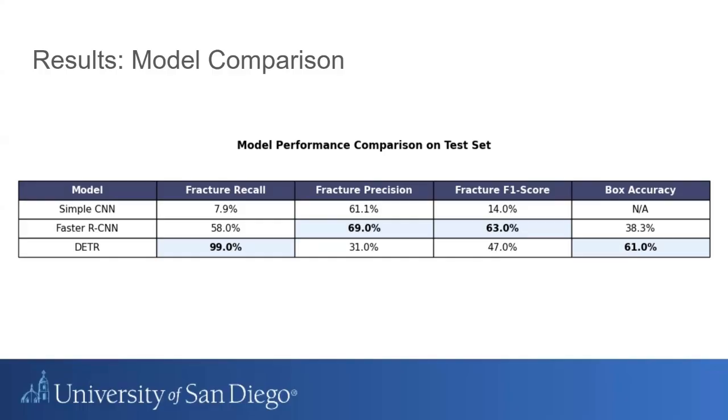On the other hand, the DETR achieved an almost perfect fracture recall with the higher box accuracy, but at the cost of precision. This means that the DETR model is highly sensitive and results in many more false positives than the Faster R-CNN. When it comes to choosing the best model, the trade-offs need to be weighed. Do you want a model that generates fewer false alarms, but at the cost of missing fractures? Or do you want a model that misses virtually no fractures, but at the cost of generating many false alarms? For medical professionals, having that safety net with a DETR model may be the better option, even if it may